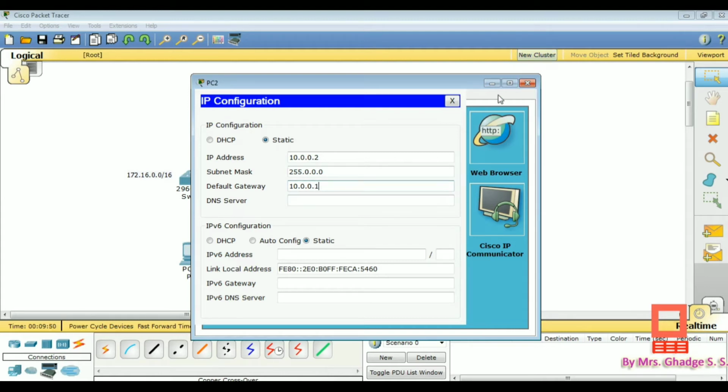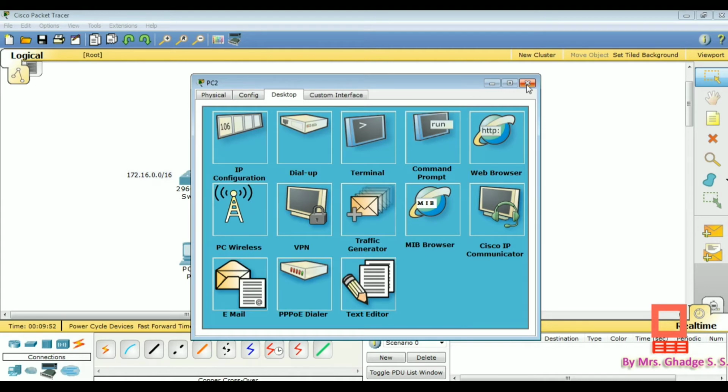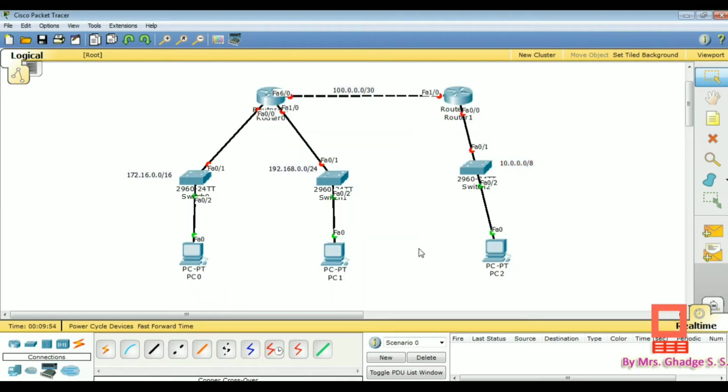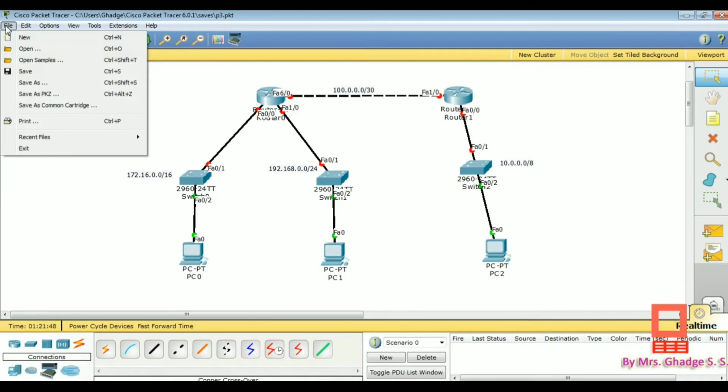Okay, so in this way we have set IP addresses for all the PCs. To save this file, just click on the file option and click on the save button, write the file name and choose the location where you want to save this network.